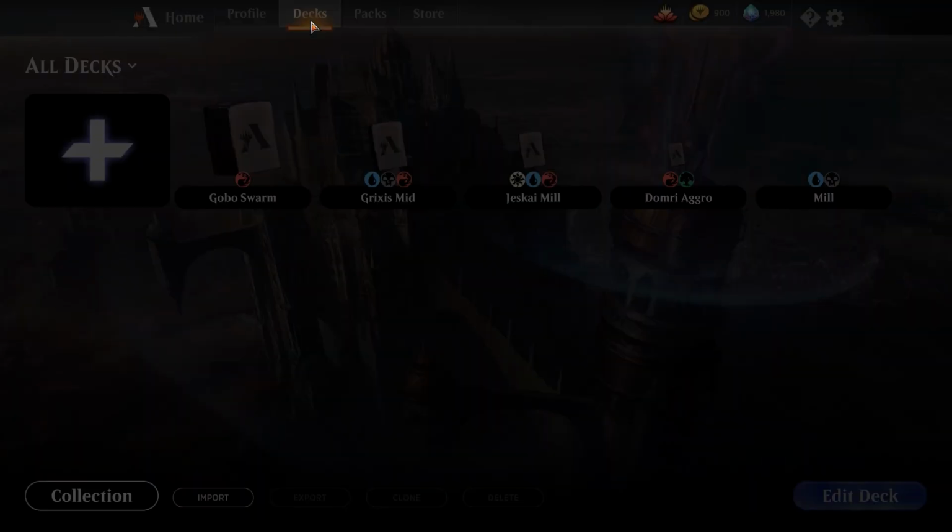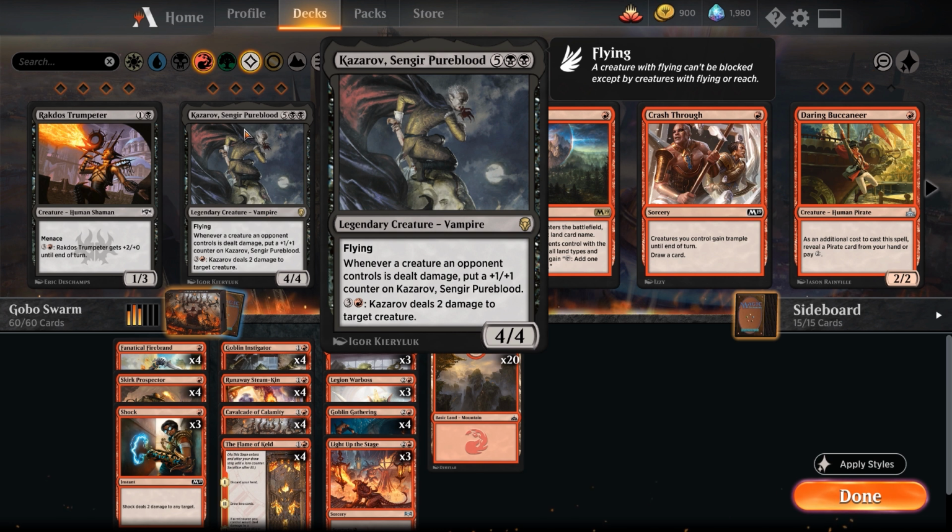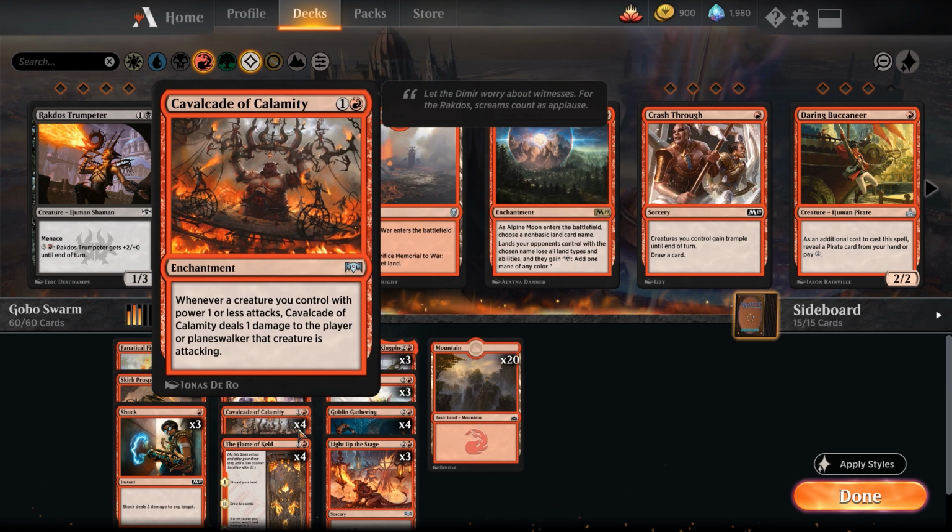So yeah, let's just kill them as quickly as possible, and we're going to be doing that with Gobbo Swarm. So this is a Cavalcade of Calamity deck. This is the build around card, 1 and a red, enchantment: whenever a creature you control with power 1 or less attacks, Cavalcade of Calamity deals 1 damage to the player or planeswalker that creature is attacking. So basically, we are 1 power tribal,